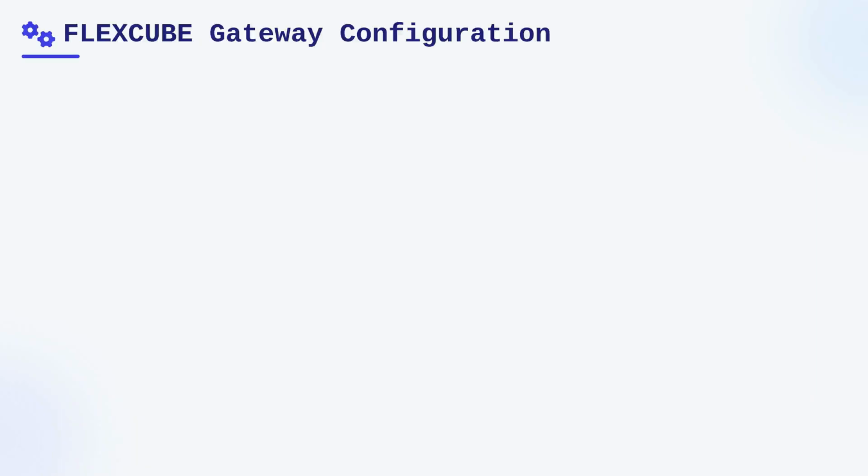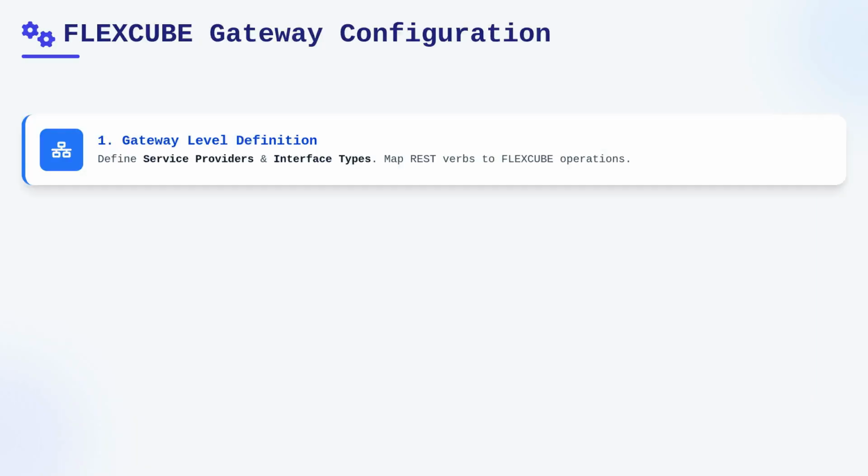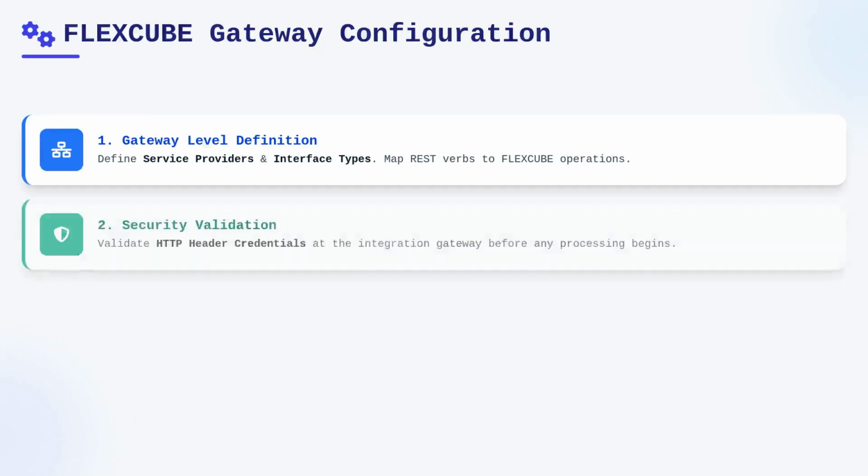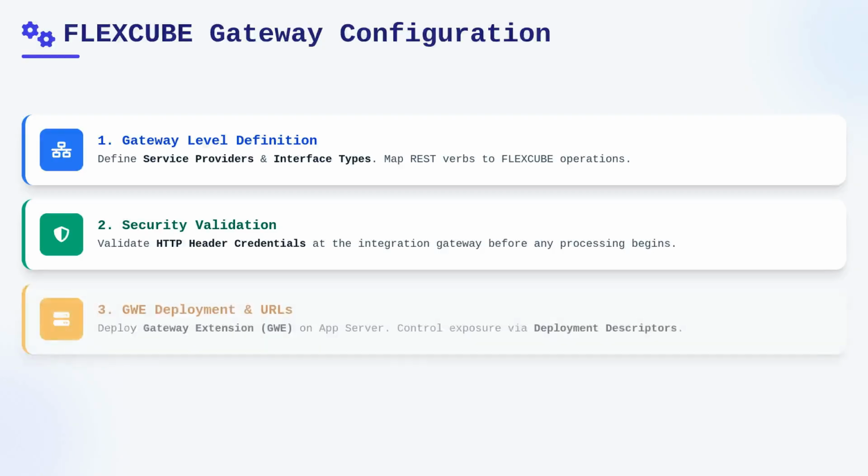The configuration process begins at the gateway level, where you define the service provider and the corresponding interface types. You're essentially creating a bridge where the REST verb maps to specific operations within the FLEXCUBE application. It is vital to ensure that the security credentials passed in the HTTP headers are validated by the integration gateway before any processing occurs. I often see teams struggle because they overlook the necessity of the GWE gateway extension deployment